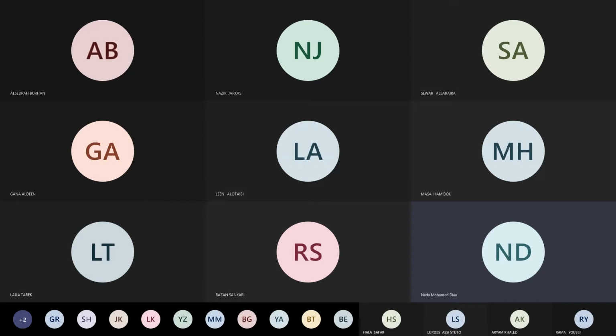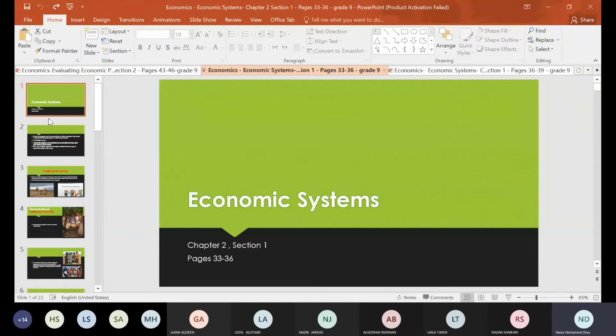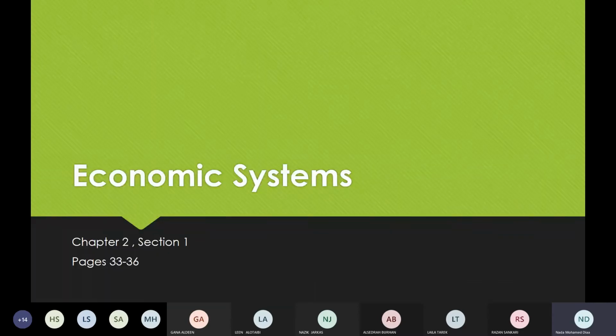Here it is. What did we take in economic systems? In economic systems, we took 4 kinds of economic systems. Can you remember? Traditional, command, market, and mixed. So now we will start with